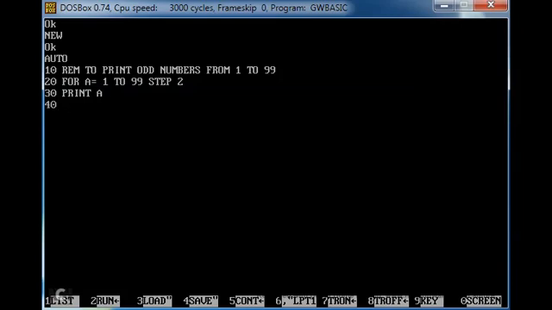Then NEXT A. This is the last statement of the FOR and NEXT loop. In the syntax of NEXT, we have first the line number 40, then NEXT as it is, and this variable A is the same variable which we wrote in the FOR loop. Okay, then we enter line number 50 and END. So here our program is done.